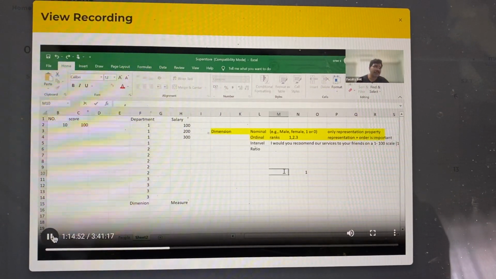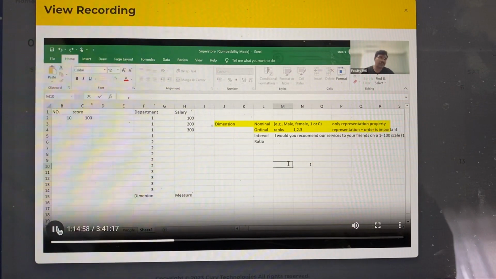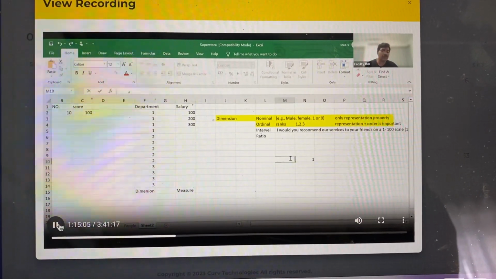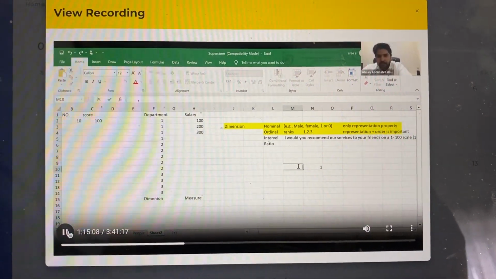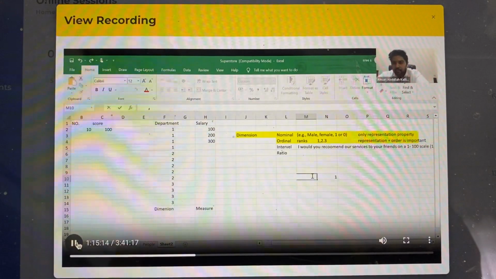So I can convert the interval data into ordinal form. I can say that people are low satisfied, mediocre satisfied, or highly satisfied. Yes, we can order it. I can also use a nominal representation. For example, after classifying people, I call them into 3 categories: promoters, detractors, and passives.